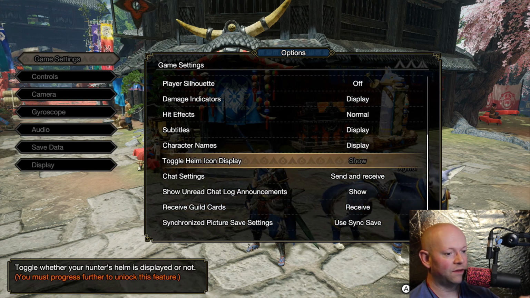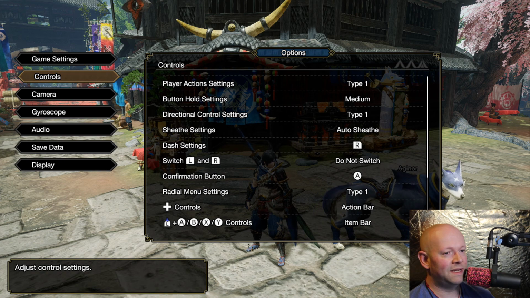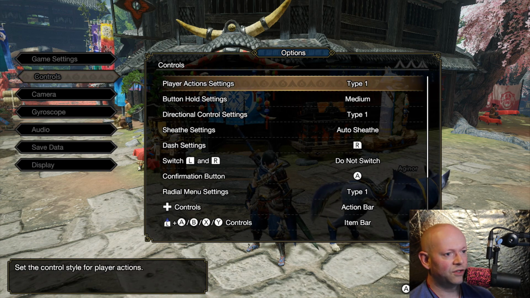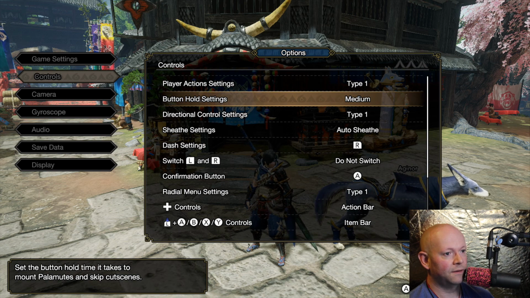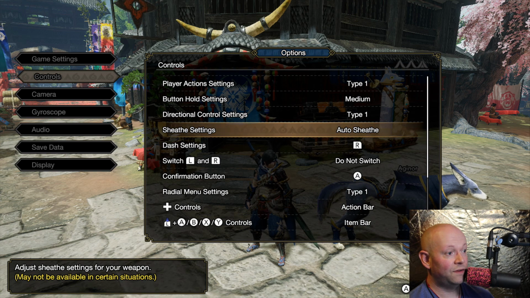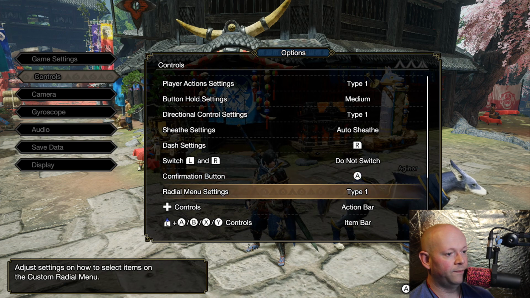Like I said, you can see at the bottom left there as I'm scrolling what each thing does really quick. If you have a specific one you want to have more detail on, you can let me know down below in the comment section. Player action settings, button hold settings, set the button hold time it takes to mount palamutes and skip cutscenes. Directional control settings, sheath settings, auto sheath, dash settings, do not switch the LNR, confirmation button, radial